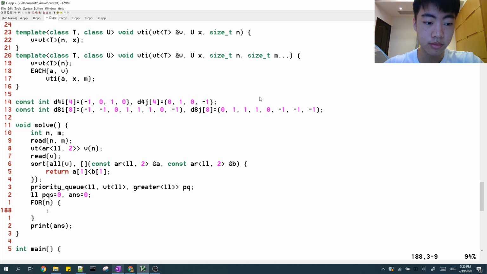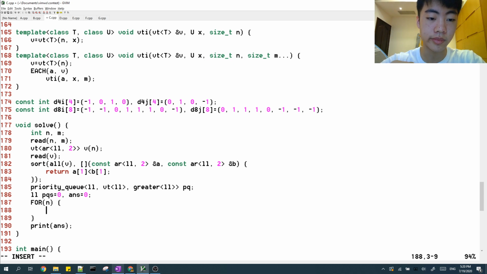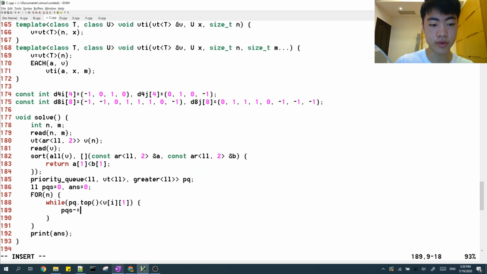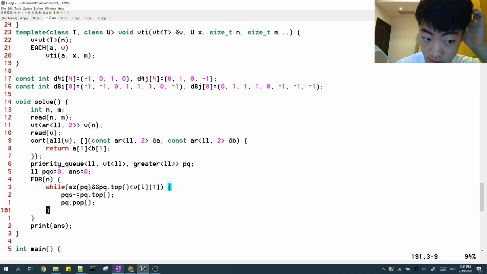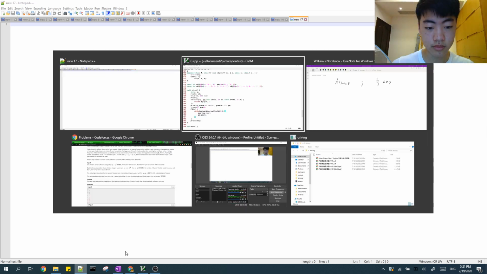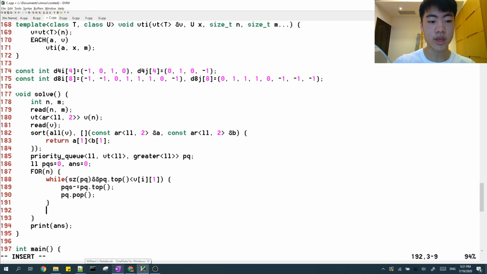Okay, then if we take this, you have n minus 1 left. So if the top of the priority queue is smaller than the current B value, which is B of i, then we don't want it. So we remove it from the sum, then we remove it from the priority queue. Also, I need to condition that the PQ is not empty. And then we update the answer